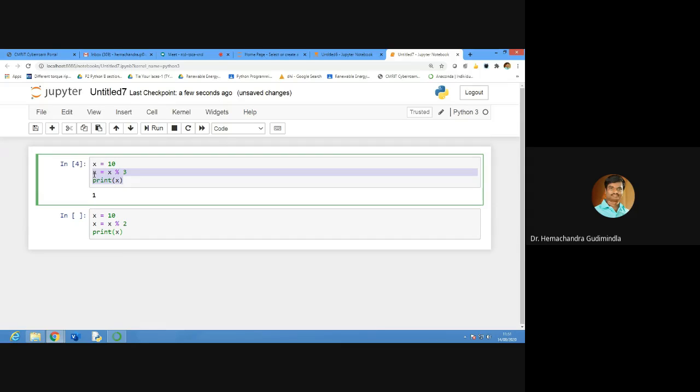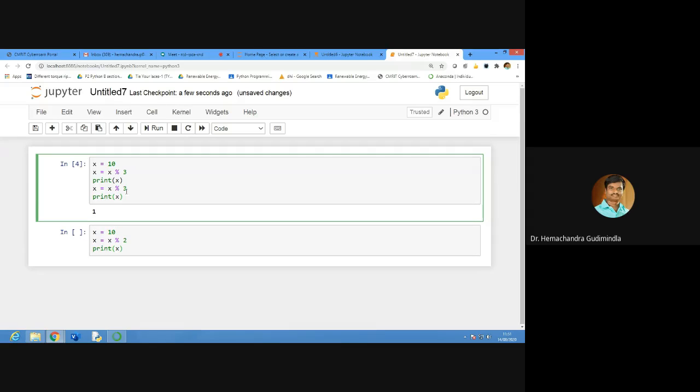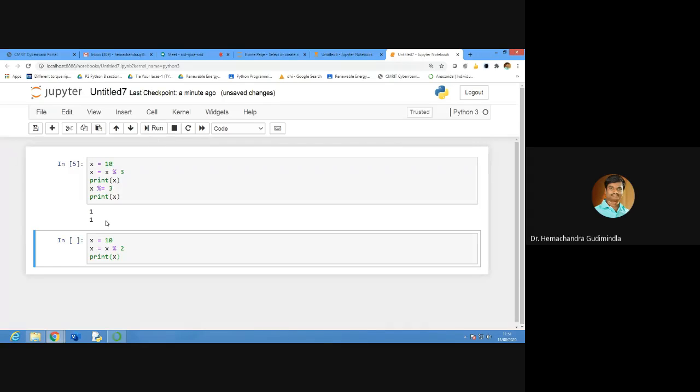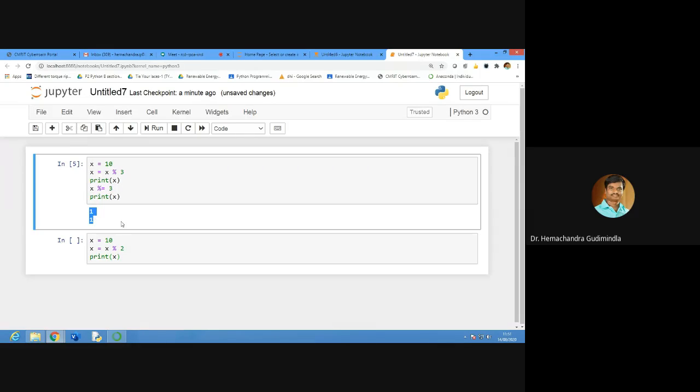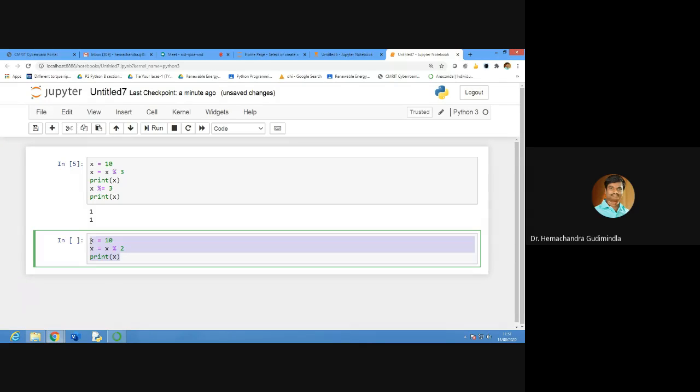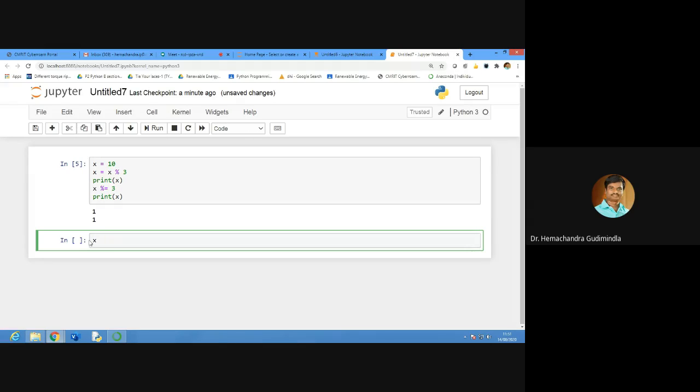In the same way, instead of this percentage, x percent equal to 3. Now same thing, you can see that both are same. So what I want to say is, x plus equal to is nothing but x equals x plus 1.